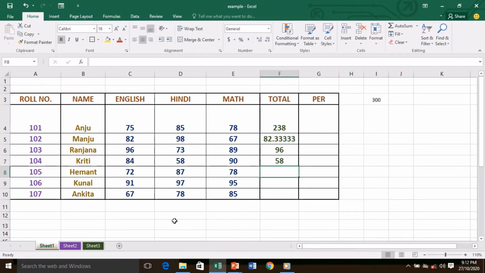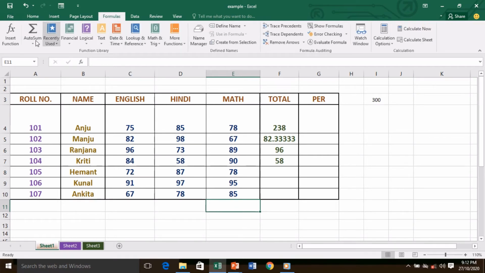So let's use the first function, my children. Let's find out the LCM. We'll find the LCM of this column. We'll click here, because we want the output in this cell. After clicking here, we'll go for LCM. But for that, first we have to go to the Formulas tab. This is the Formulas tab, and here is the function library.